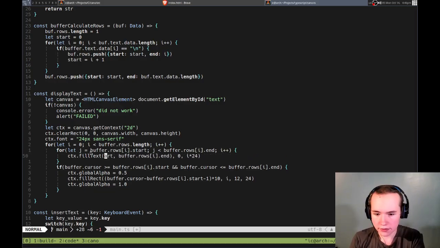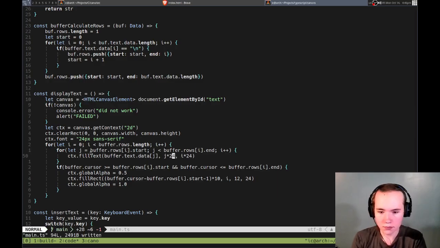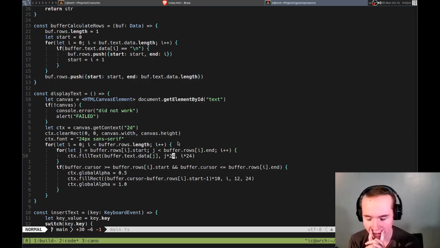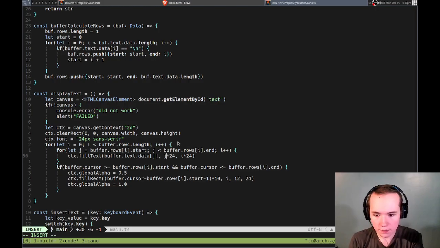Let's do buffer.text data j and at j. Well, not j except. Right. How do we print this out again? What's i doing? So I subtract j from